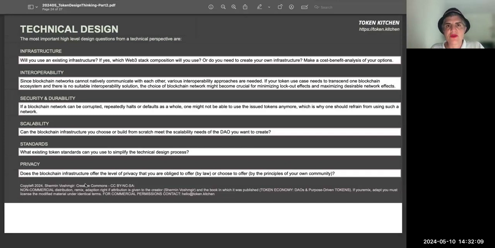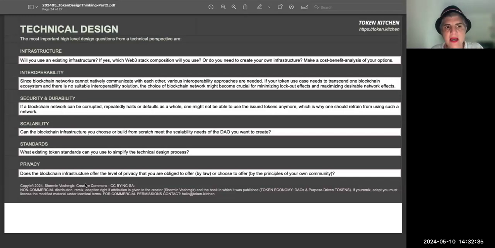Which blockchain infrastructure gives you enough scalability? But with scalability comes the question of fees. And I think I need to explain this explicitly. Fees nowadays in public blockchain networks are very, very high. They've gone down due to various second layer solutions and newer